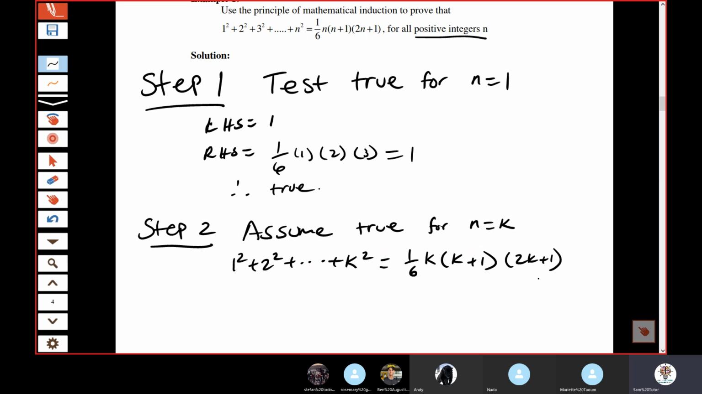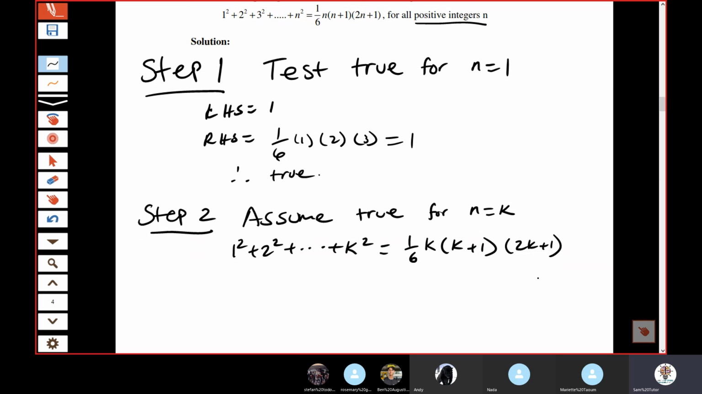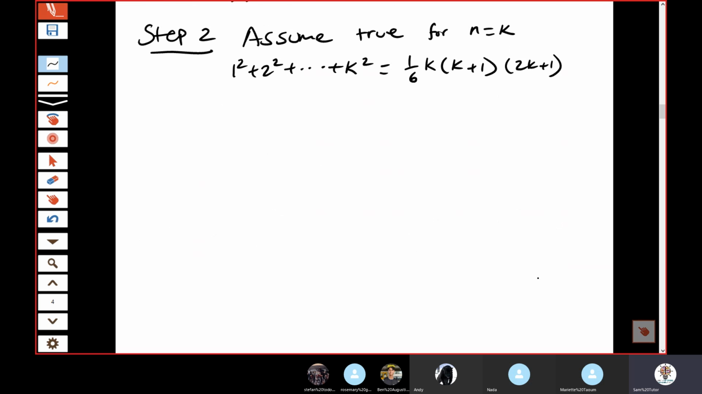Step 2. Assume true for n equals k. Step 3. Prove true for n equals k plus 1. I always taught you guys to write